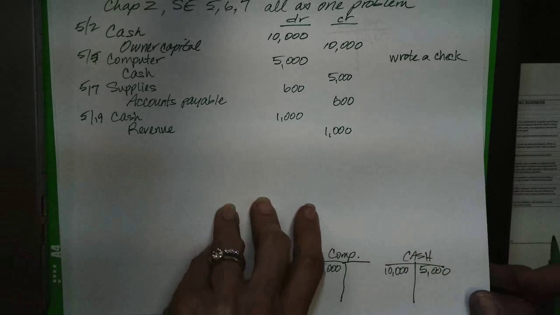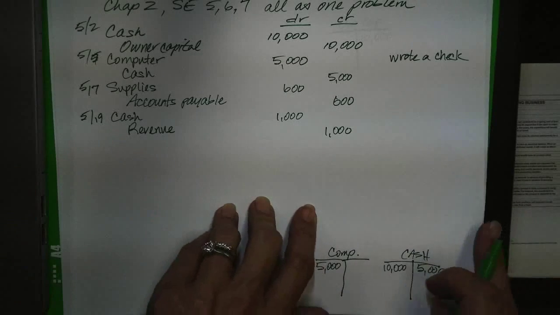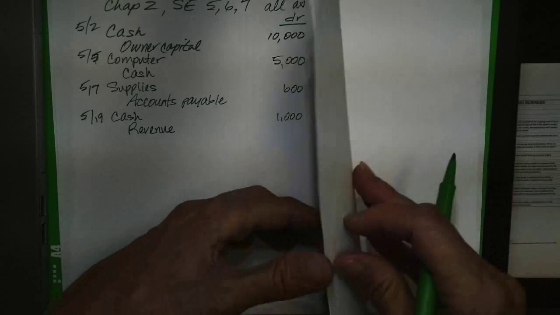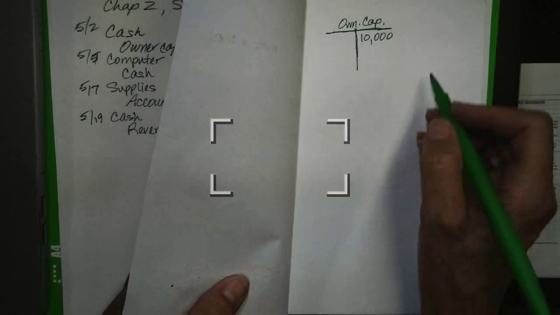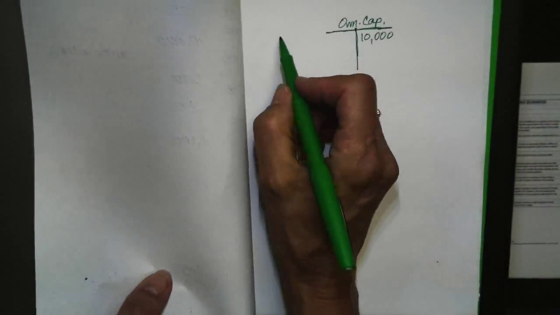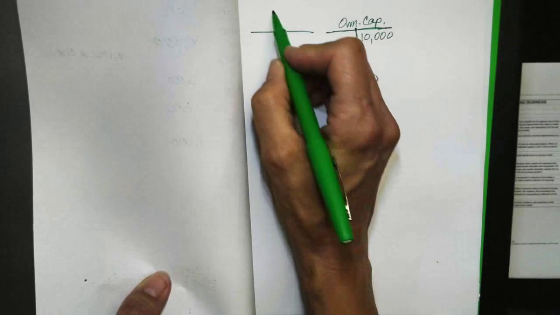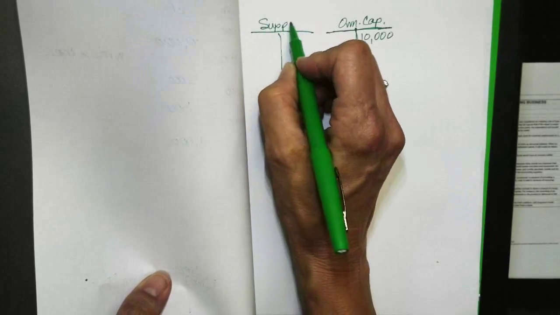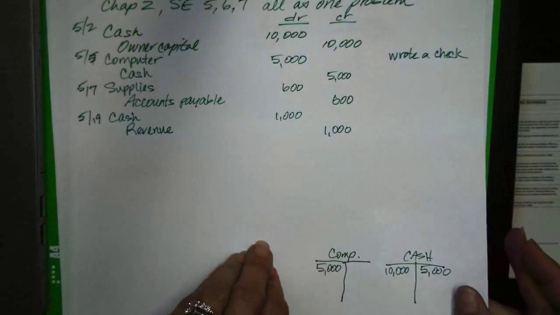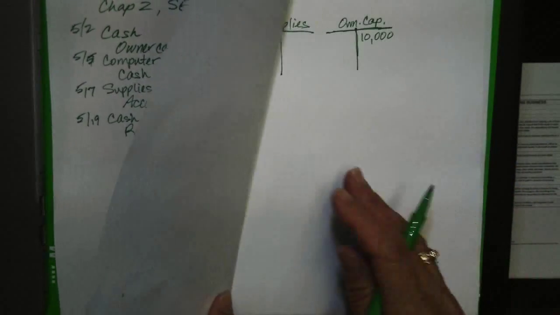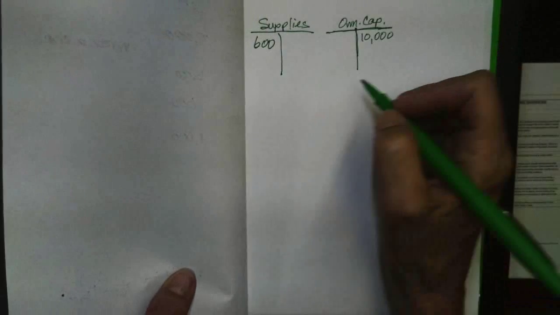Let's see, I need to make some more. I'm behind on the T accounts. Let's hop back and post. Let's see, let me continue on with assets over here. Supplies are up 600, and accounts payable